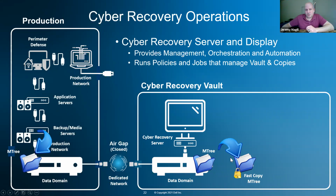So once we have the retention lock copies here, we're able to apply a level of retention to those copies and keep multiple copies within the vault environment as well. So we typically equate that to where you are from an operational recovery standpoint. So if you're trying to keep a couple weeks to a month or a month and a half of daily copies, we're going to try to keep something similar within the vault. So you're going to have that period of time to go back within the vault. So the idea is to give you a copy that you're always going to be able to recover from,